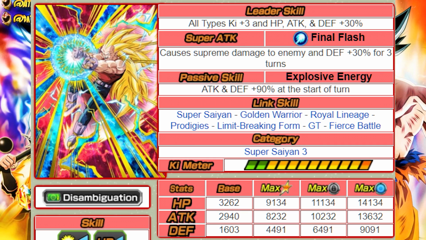So, oh boy. All right, so his leader skill is all types Ki +3 and HP, attack and defense 30%. So he's got a pretty good damn leader skill. Like, you could actually work with that. That's not bad. His super attack is the Final Flash, which does supreme damage to the enemy and raises defense by 30%